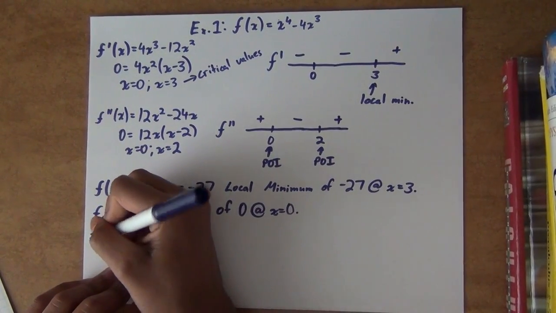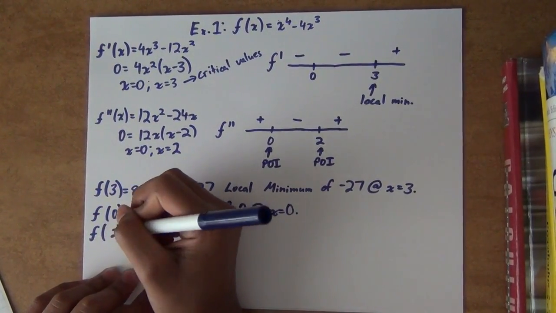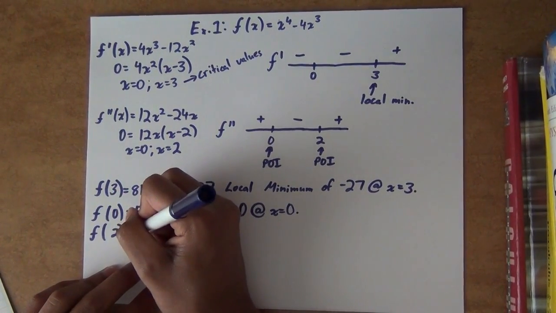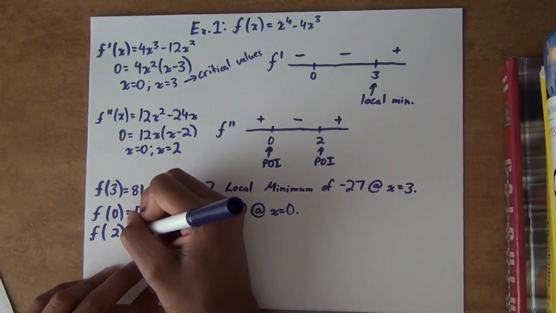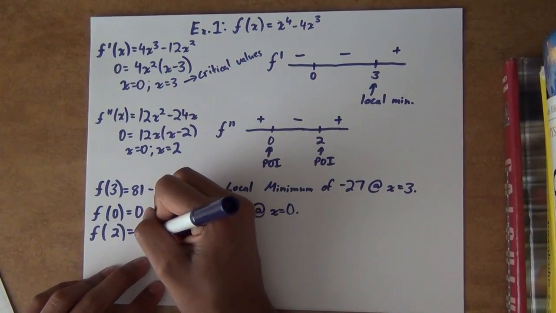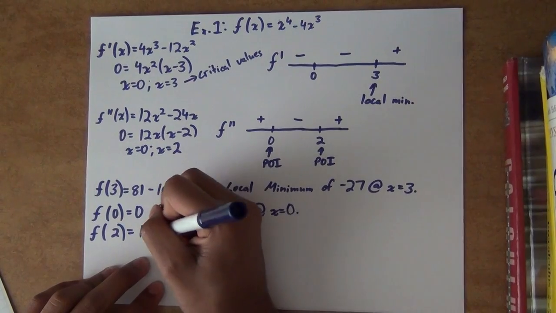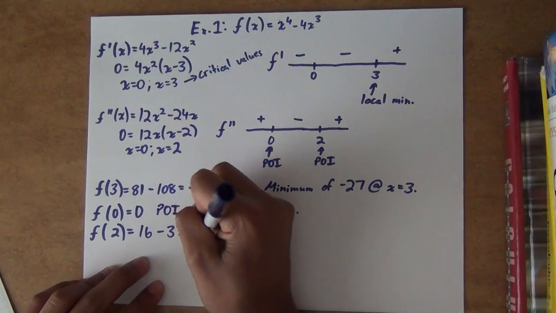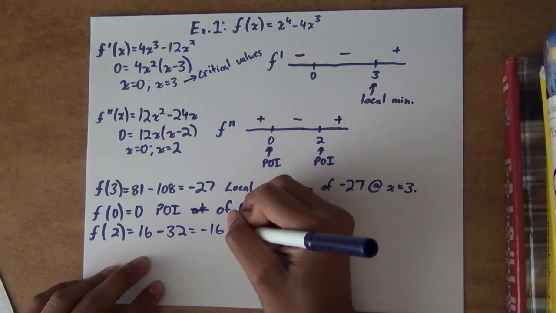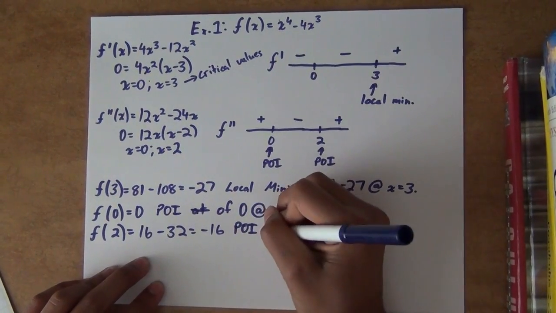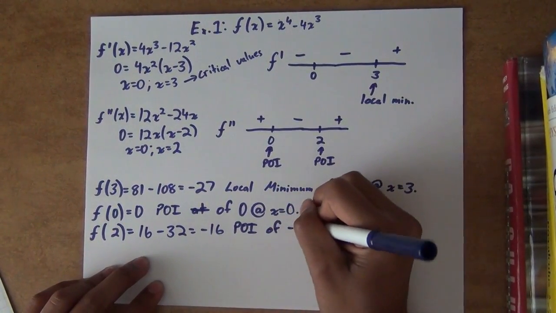And our second point of inflection is 2. f of 2 is 2 to the 4th, which is 16, minus 4 times 2 cubed, which is 32, so which is negative 16. So there's a point of inflection of negative 16